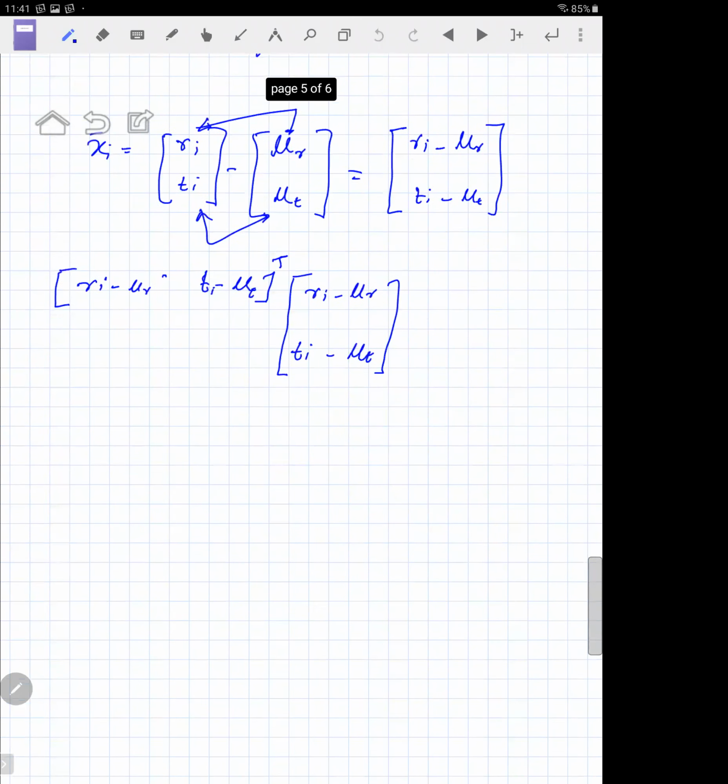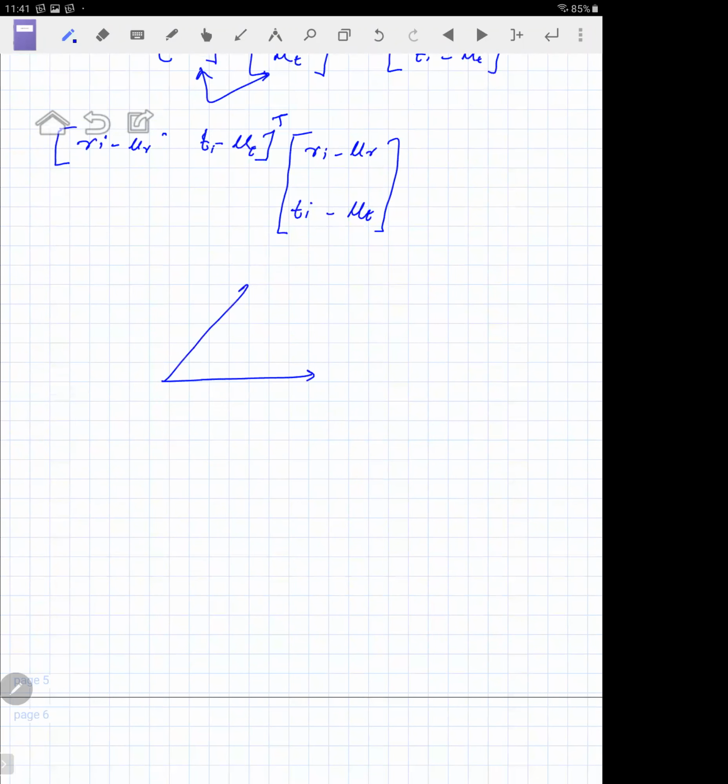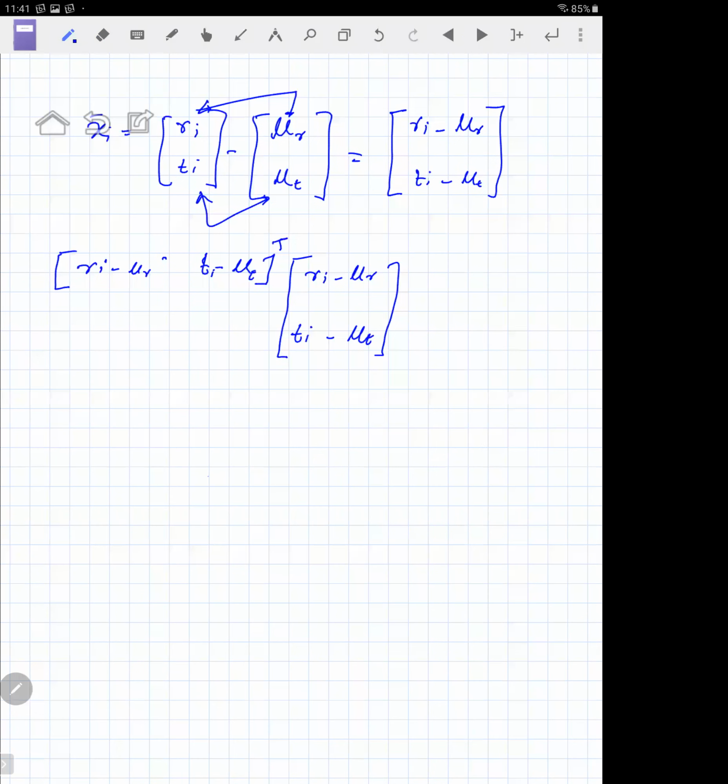It's interesting because if you go back to your high school or college days, you had a vector in this direction and a vector in this direction, and when you take the inner product of these vectors, you can come up with the cosine of the angle between the two vectors. That's one interpretation. Not for our use right now, but what the inner product does is it takes